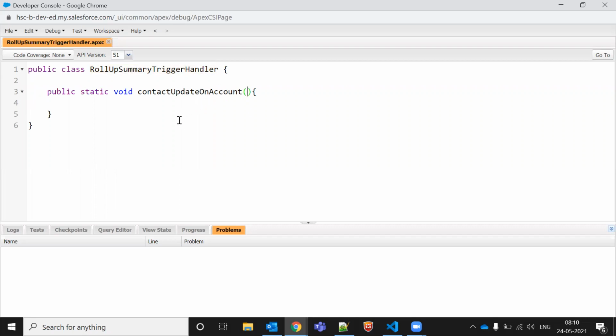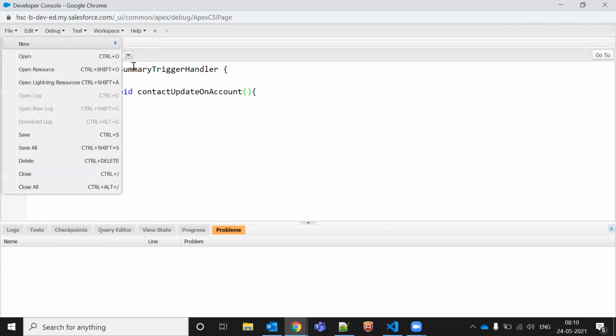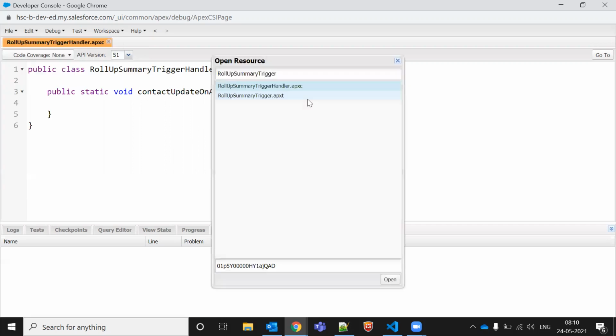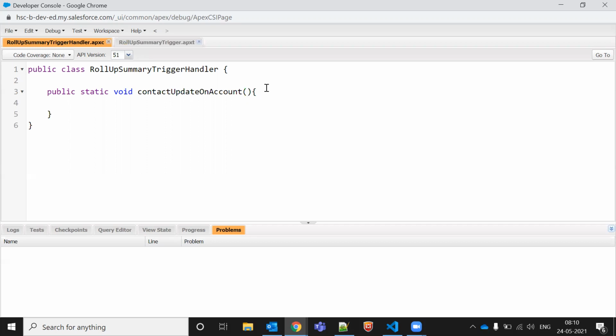In our earlier session, we learned how to pass, if I want to call this rollup summary class in the trigger, definitely as a parameter I should have a list of sObjects. SObjects means list of contact, list of account, anything. So now what I'm doing here is passing Trigger.new, Trigger.old, whatever value I'm passing here, the same value I need to pass here as well, because after that I can get to know if I'm passing here a list of